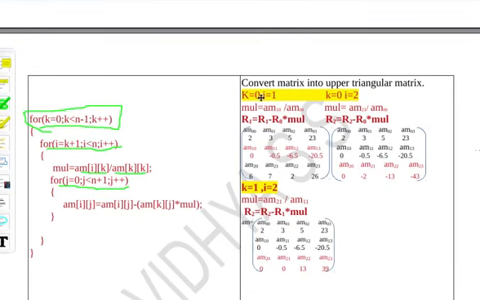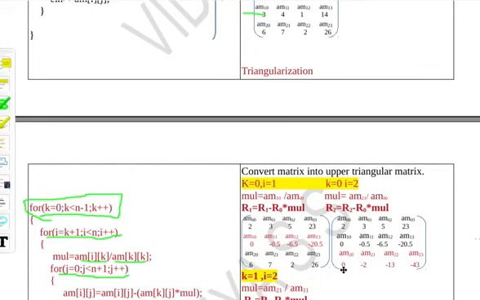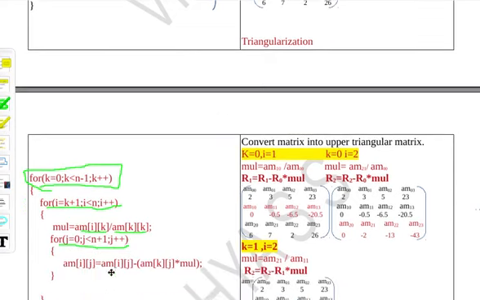That is, in this case, first k is equal to 0, I am taking the pivot as this 0th row and taking the next row by I is equal to 1. After completing this process, I need to increment the value of I plus plus. So I will be equal to 2 for taking the next row, and with that row also, with the pivot element, I will do all the computations. After completing the computations, this element will be equal to 0. So this will go up to n, because j is less than n plus 1 is the condition.